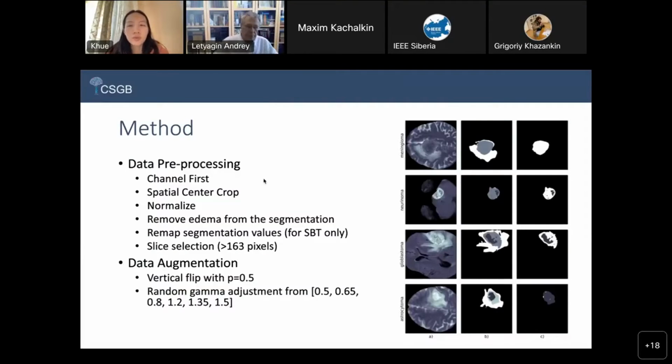So for example, we need to change the number of slices to the first dimension so that we can use with the different third-party libraries. We crop the images in the center so that we can remove unnecessary data from the background. And importantly, we need to normalize the values of the image and segmentation so that it all ranges from